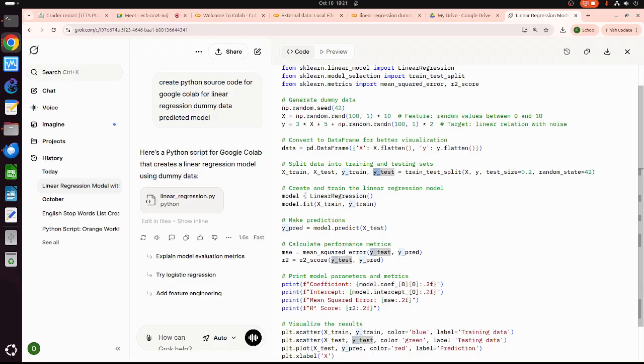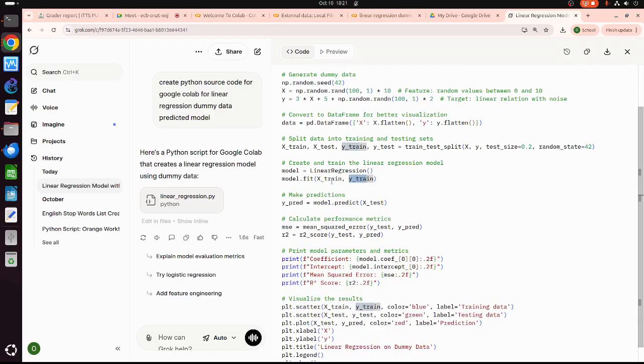And then do the linear regression and fit, so the model trains on that data, and then we predict using x test.